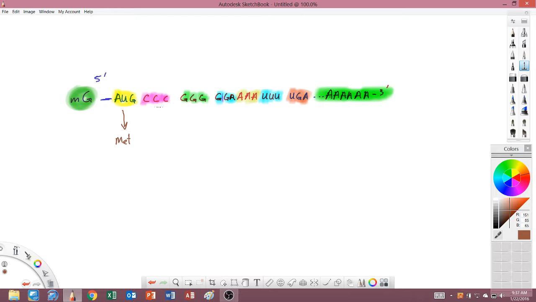Now, you don't have to memorize the rest of them. I think CC stands for cysteine, but I'm not sure. I think GG stands for glycine, but again, I'm not sure. You don't have to memorize because that will be given to you. Genetic code will be given to you. Do we have to memorize it? We don't have to. It'll be given to you. I'll tell you what to memorize. GGA probably also stands for glycine, or let's say glutamate. I don't know. AAA I think codes for lysine. UU I think codes for phenylalanine, but again you don't have to memorize.